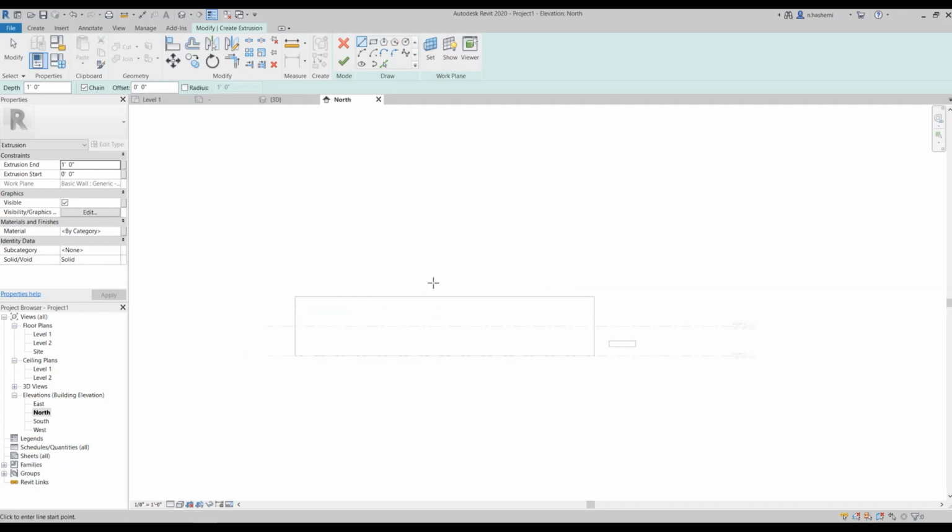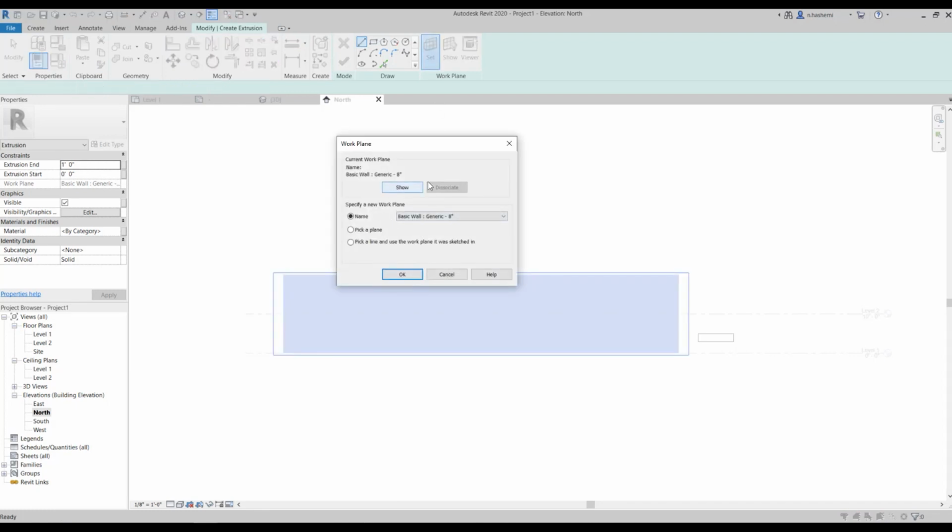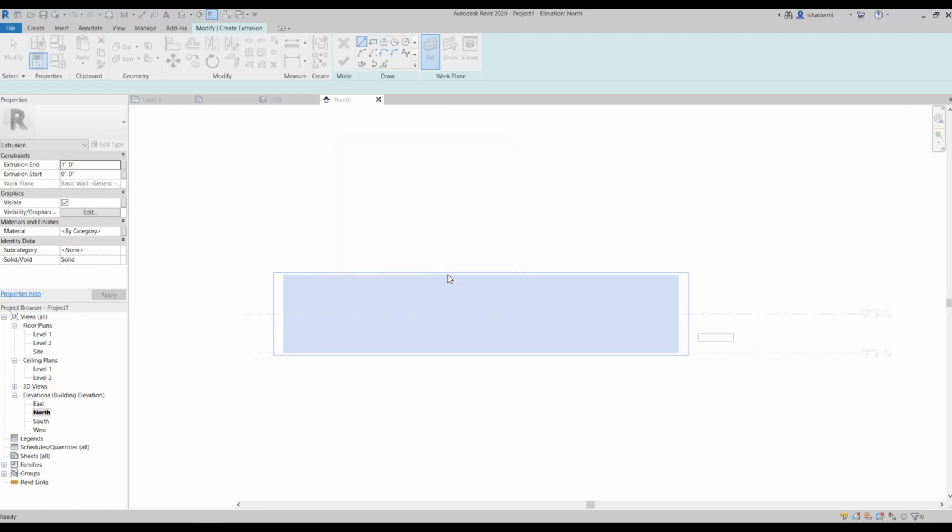Now that I've selected my plane, I'm going to start drawing my shape and model. So I'm going to create some shelves on this wall. So this is a simple example just to show you how this works. So again, if you want to make sure you are working on the correct work plane, you can select this to show you the active work plane. Or if you want to, for any reason, change your work plane and set a new one, you can select this one and change your work plane. So I'm just going to cancel this right now.